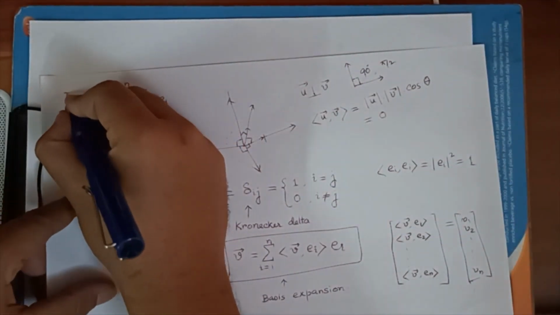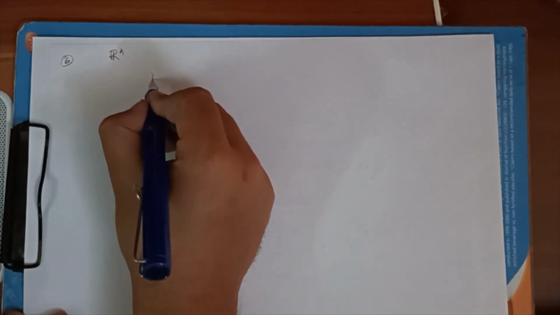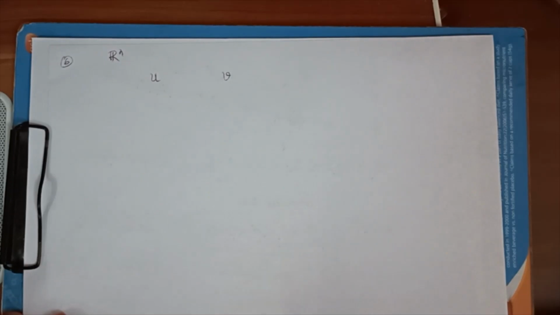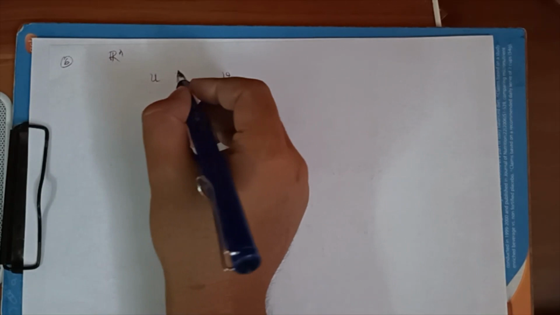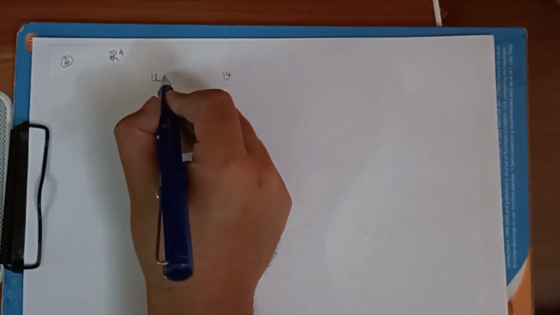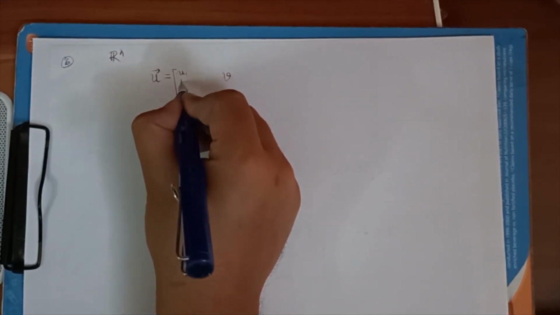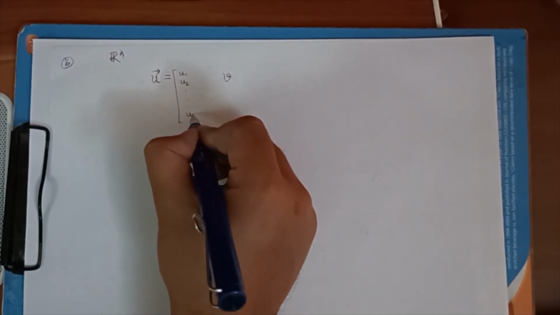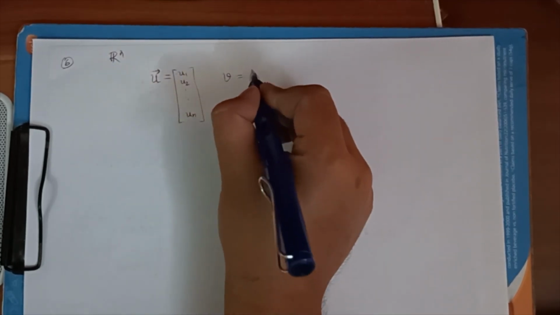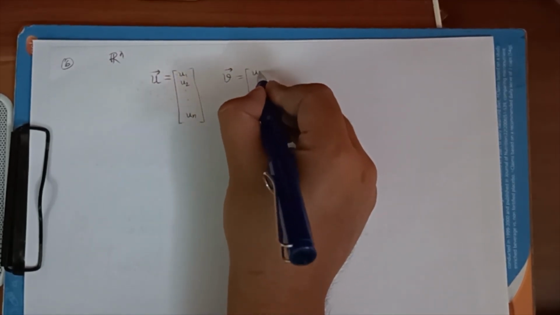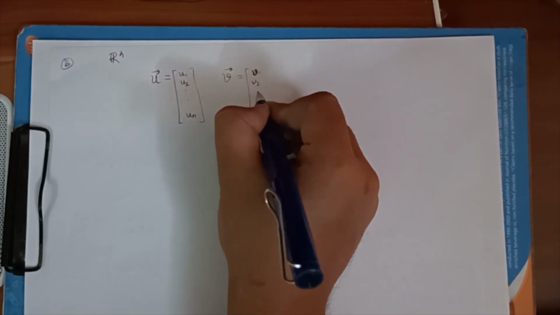So this is page number 5. Let's go to page number 6. So suppose you have two vectors in the vector space Rn. We are working with Rn, okay? So you have two vectors U and V. The basis vector is implicit, that is E1, E2, E3, En. So in that implicit basis vector system, we write the vector U equal to this column, which is U1, U2, Un, and this vector V is equal to V1, V2, Vn.